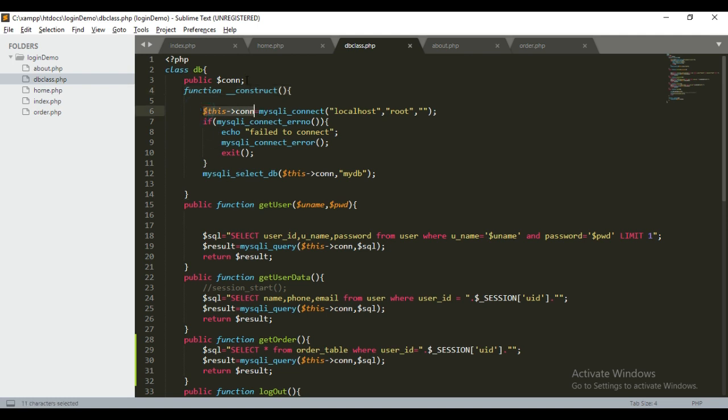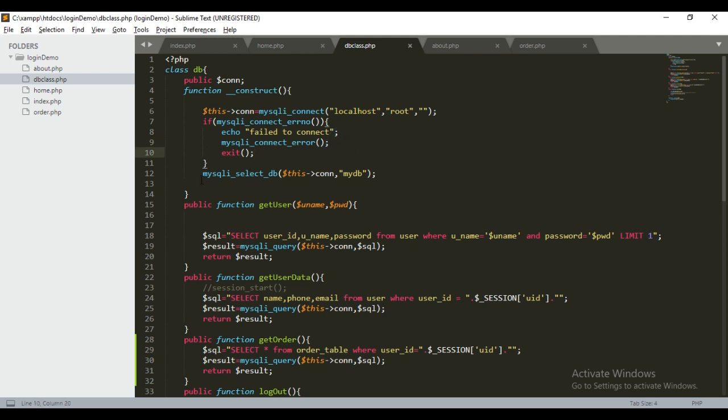How? We declared a public variable $connection, and inside that we are allocating the value of the connection. MySQL connect with localhost, root and the password. If any error occurs there, then it will display "fail to connect", display the error and exit.